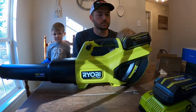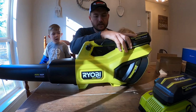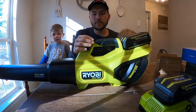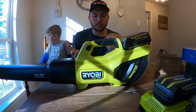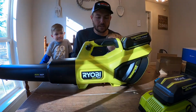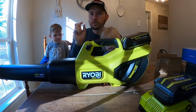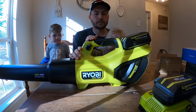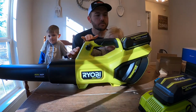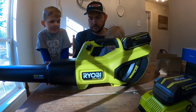I love it. The quieter stuff is, hey, the better. And I think this delivers. Without the turbo button, it's probably pretty comparable to the Milwaukee blower, but I just want to give it a try because even the electric blowers are still a little loud. The string trimmers and stuff are quiet, but sometimes the blowers can still be the loudest thing. Obviously, it's not as loud as a gas one, but